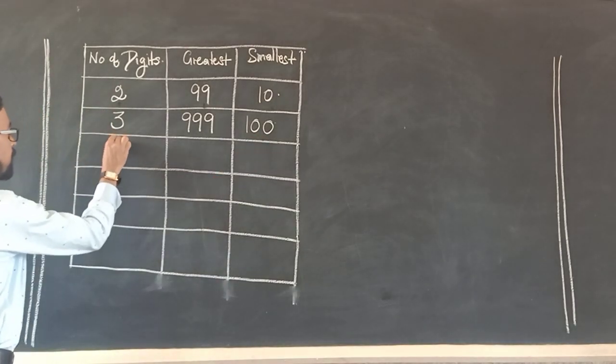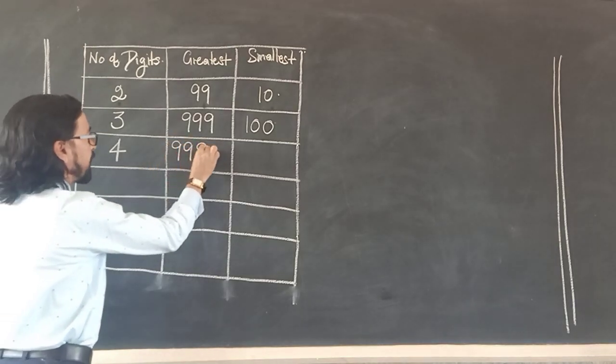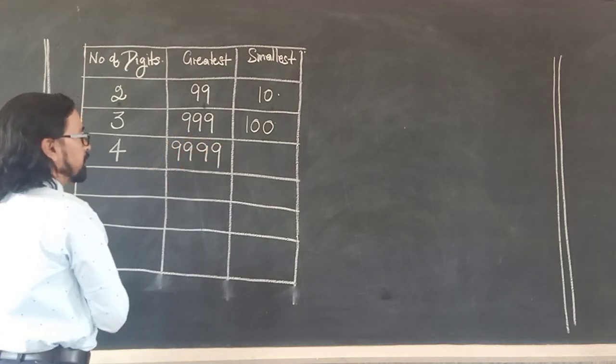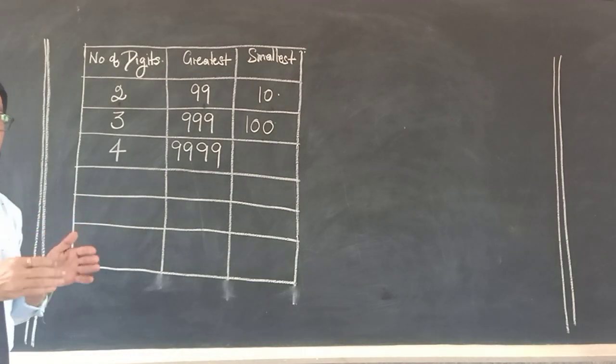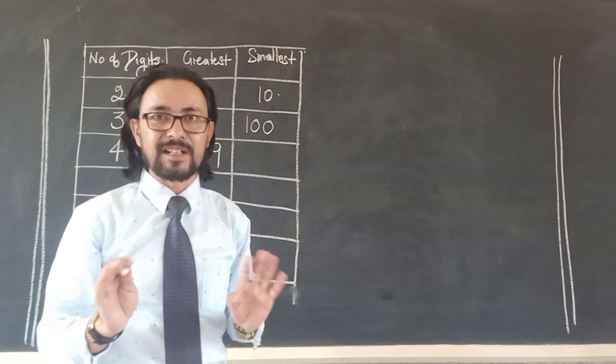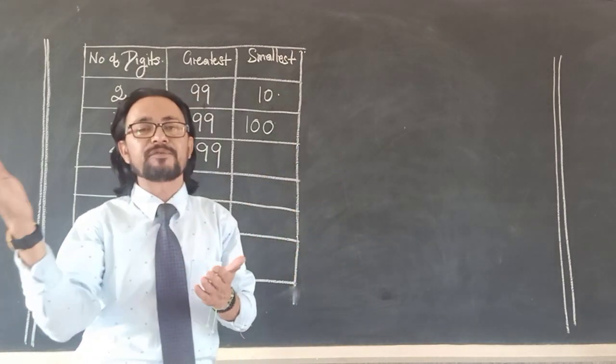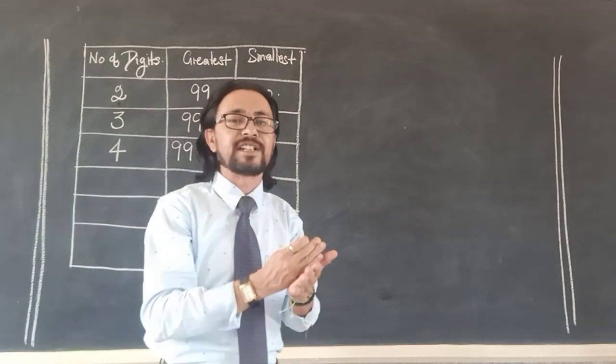Then I come to number 4. Here I will have 9999. Now because from hundreds we have worked into thousands, till hundreds there are no commas. We don't have commas till hundreds. The first comma that we put in any number, starting from the right to left, is after 3 digits.